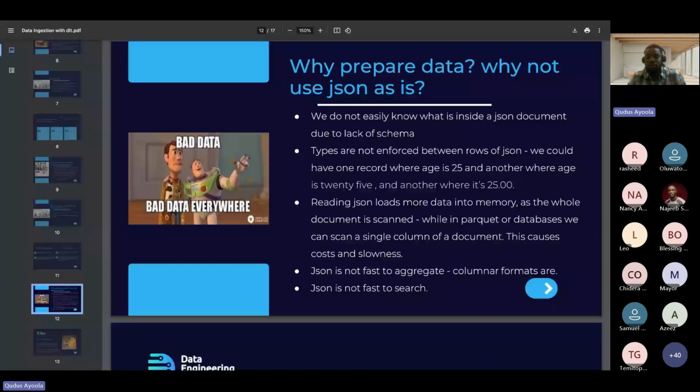Columnar formats are usually very fast for aggregation, and JSON is not fast to search, basically. So those are the reasons you want to normalize your data and put it in a structured format, whereby you can rename your columns, change the data type, and pull those nested data from the source system.